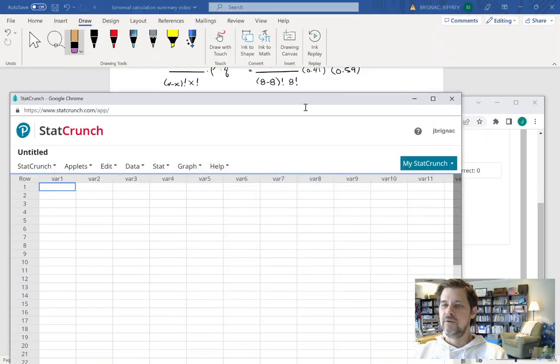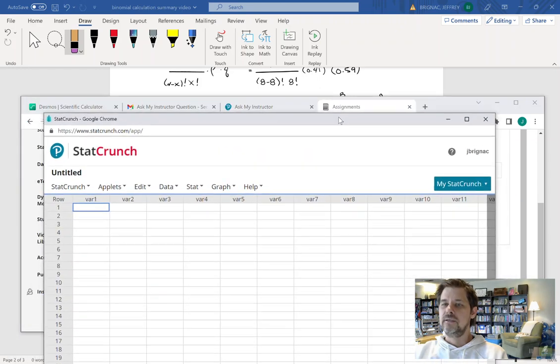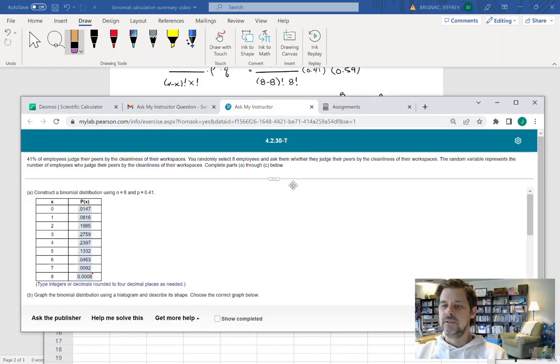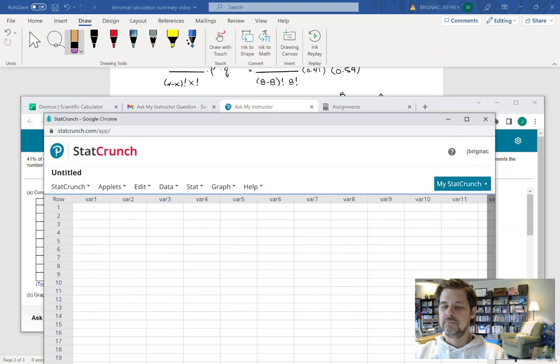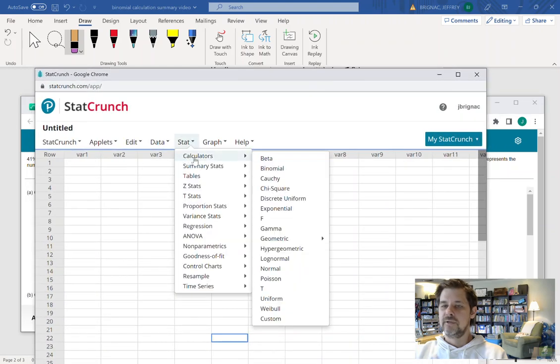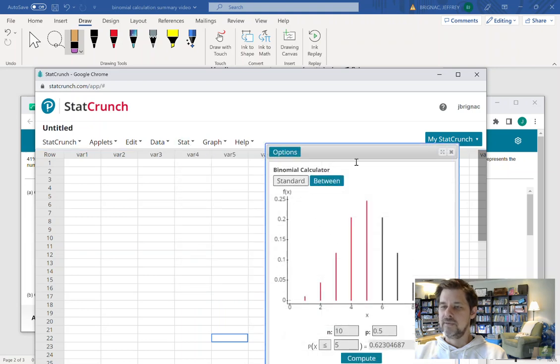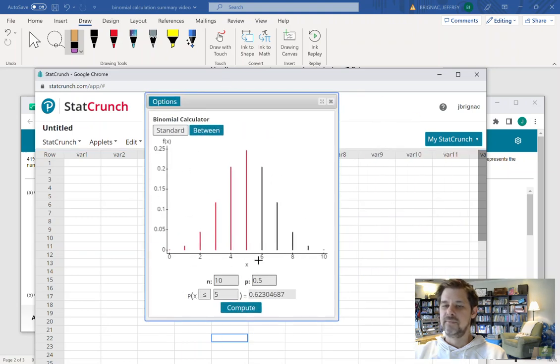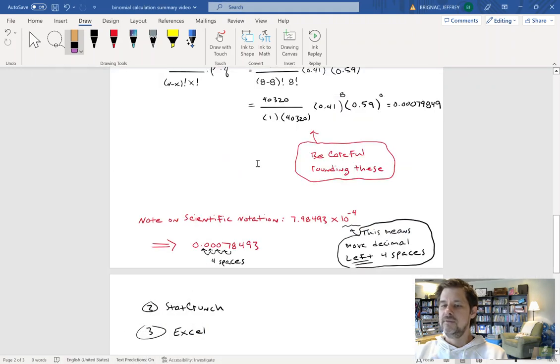And one way or another, I'd open it up. Okay. All right. So what we want to do is, in StatCrunch, we want to go to calculators and binomial. Okay. All right. And it pulls up this thing called the binomial calculator. And the way that we would do this